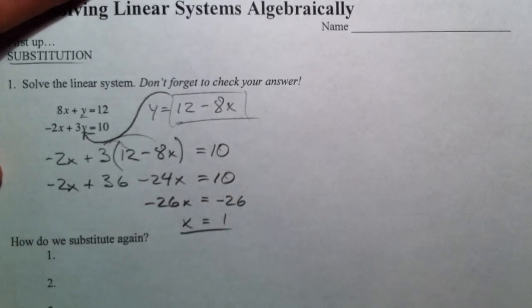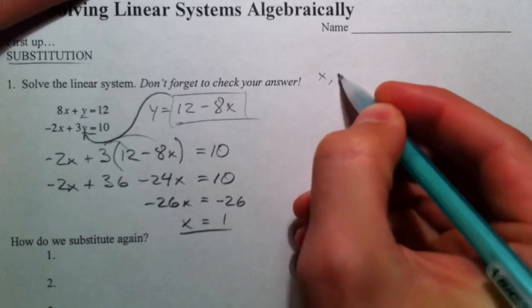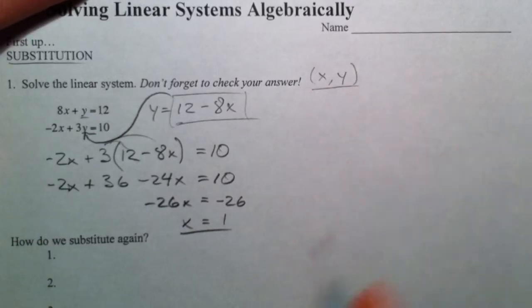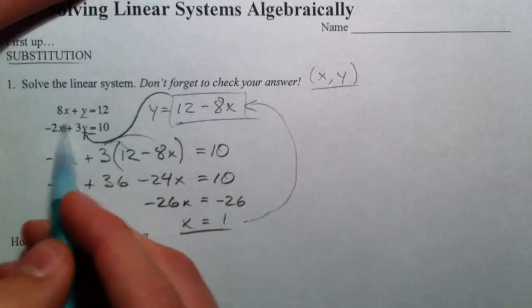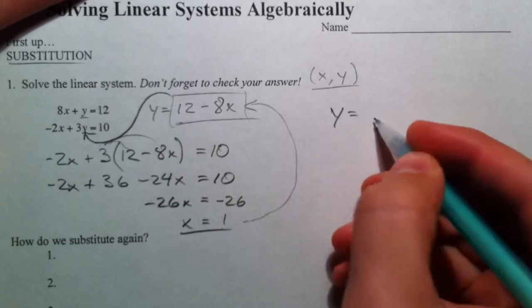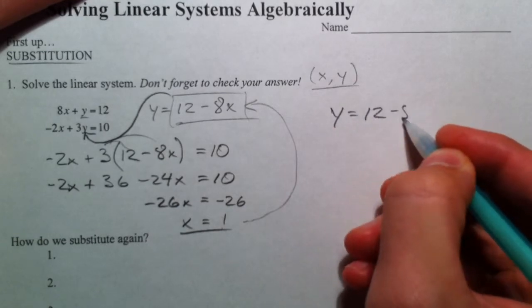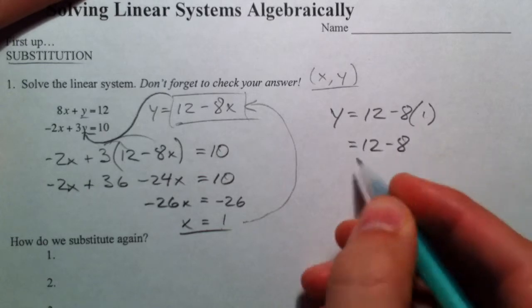Don't make the common mistake and stop here because you got an answer. Because we have an answer, but the answer, remember, is x comma y. We need both an x and a y. So take this and plug it back in. You can plug it back into the original, but you already solved for y in this case. So why not make it 12 minus 8 times 1? So 12 minus 8,